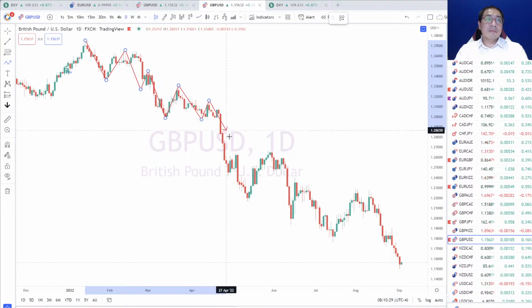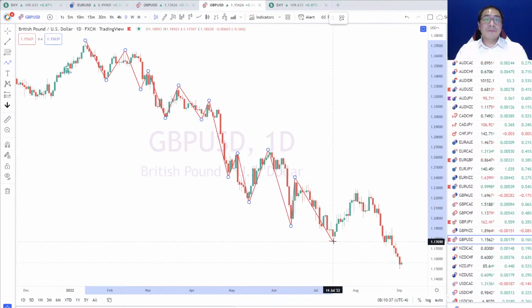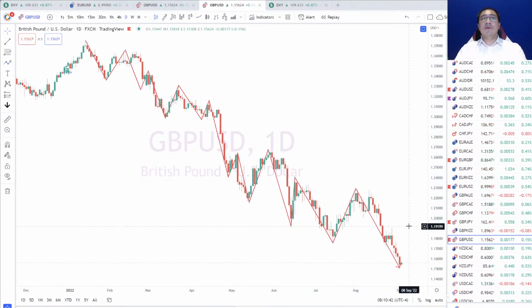Yeah, this might be considered. I'll consider that. But what we can see is that the market continues to create a lower low, and that's what identifies this as a downtrend. If you take a look at the market, this is